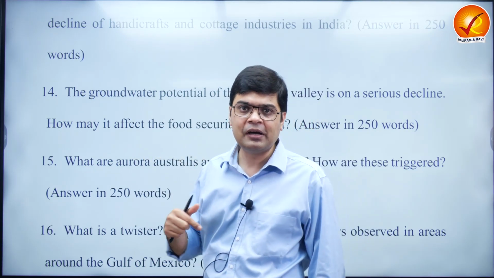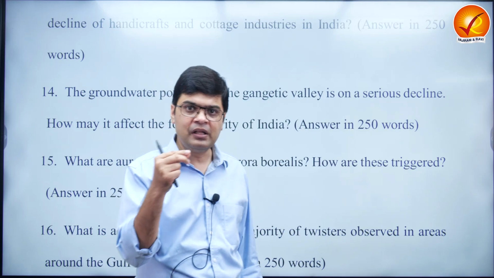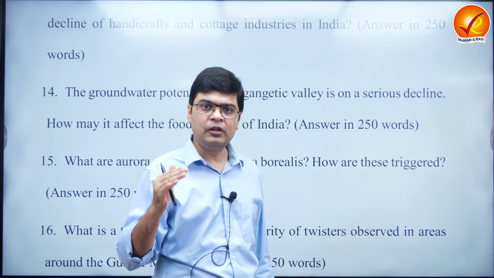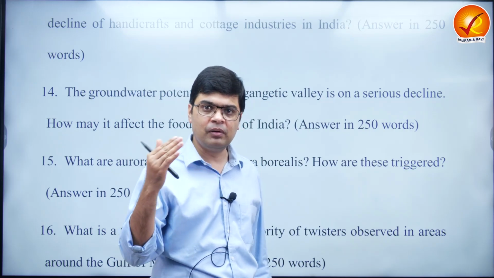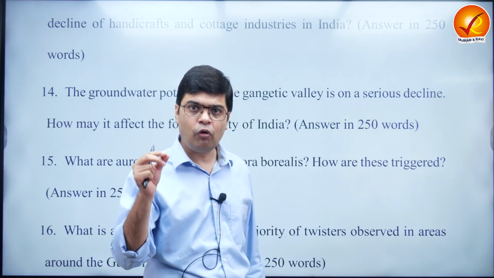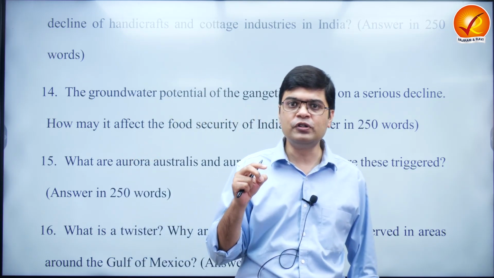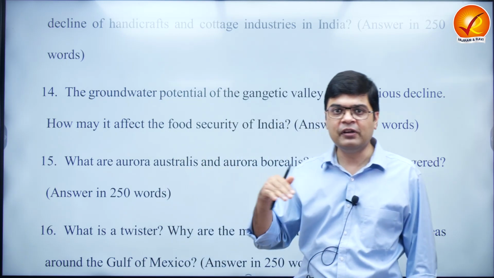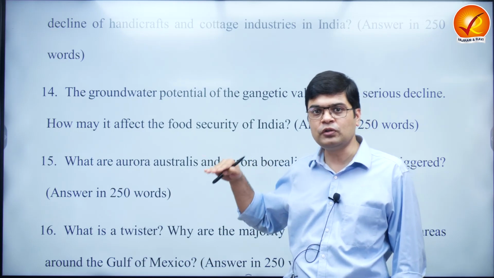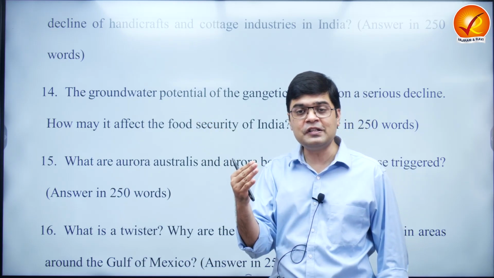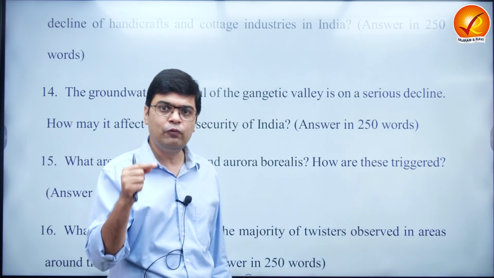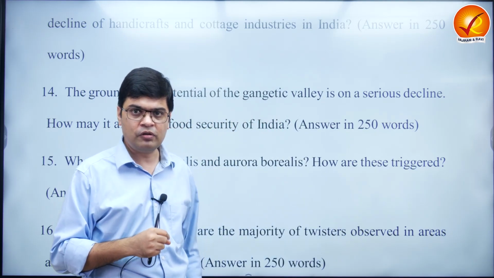Agriculture in the country to a large extent is dependent on the groundwater for irrigation purposes, and in the absence of irrigation, with monsoon becoming more unpredictable with the climate change, it will cause a serious problem for the food security of the nation. If the water is not available, which is otherwise used for cultivation, or the water is contaminated, then in that case, it may present a serious threat to food security in the country,